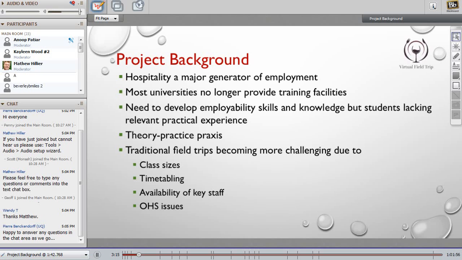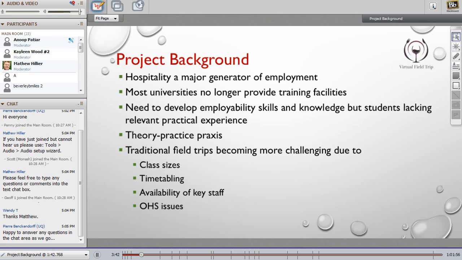So students don't have any exposure to the real workings of the industry. And we are told constantly by the universities and by government bodies that we need to develop the employability skills of students who are graduating from the universities.